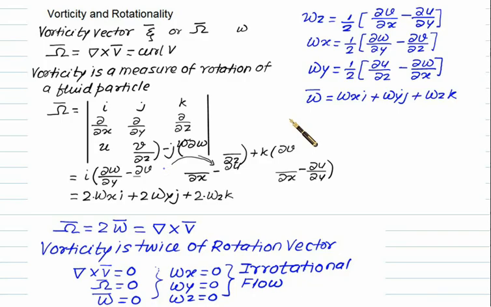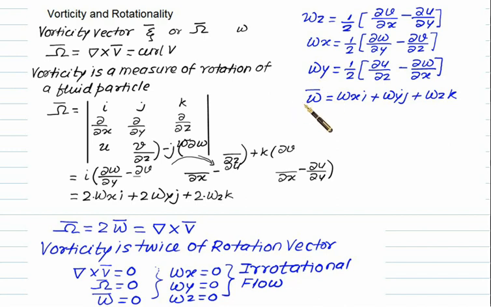Whenever you have to find the vorticity and check the condition for rotationality, you have to define the vorticity vector zeta bar or omega bar. In that case omega bar is equal to, you just have to take the curl of v, and using the curl we can develop the equation: curl is equal to 2 times omega x i plus 2 times omega y j plus 2 times omega z k. Just now we have seen the definitions of omega x, omega y and omega z.